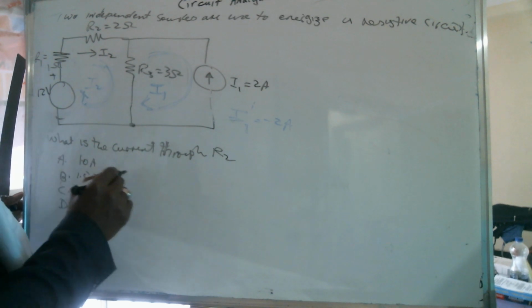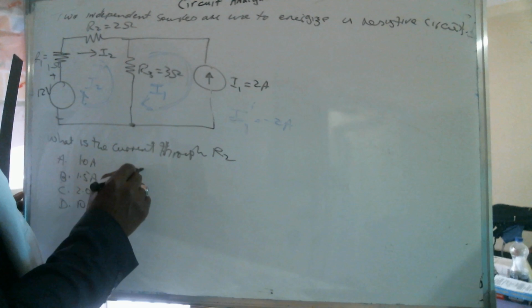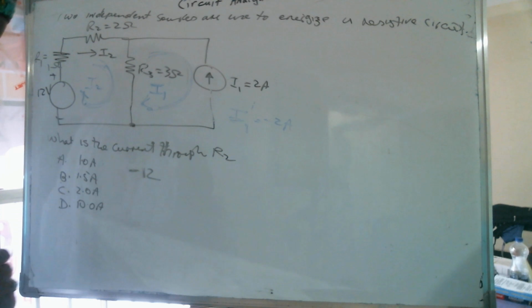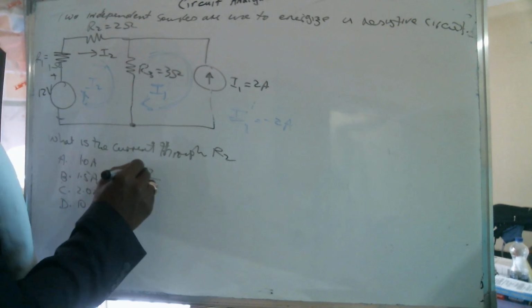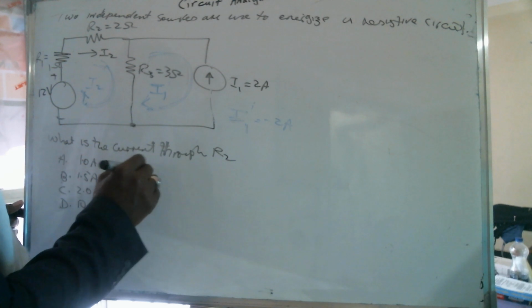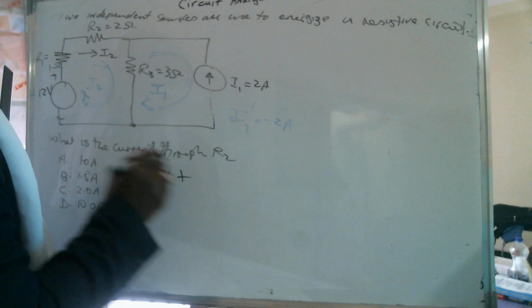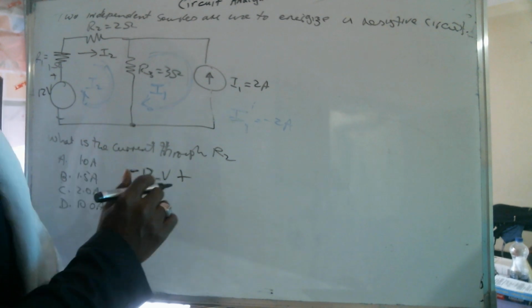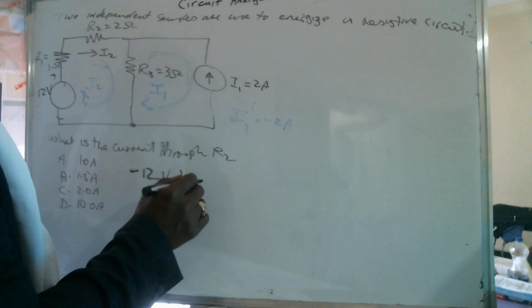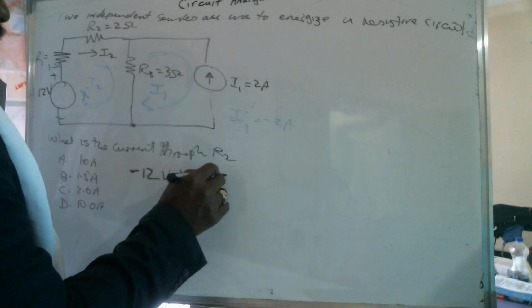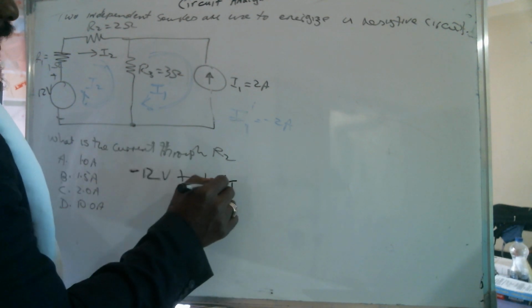Flowing out of the 12 volt source is minus 12 volts, plus R1 times I2, which is the 1 ohm resistor multiplied by I2,